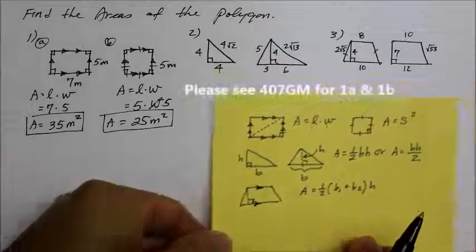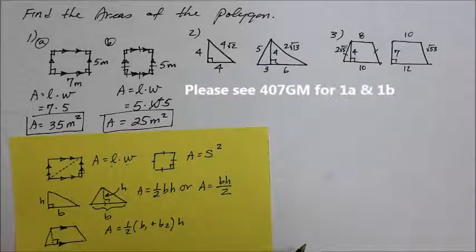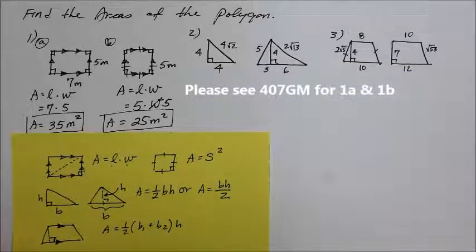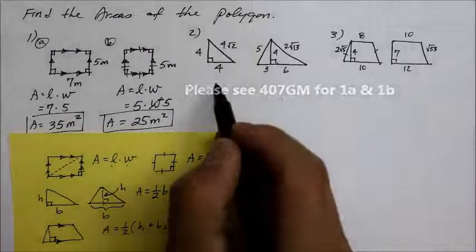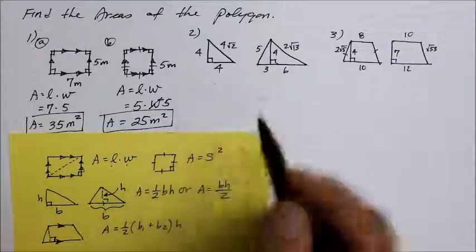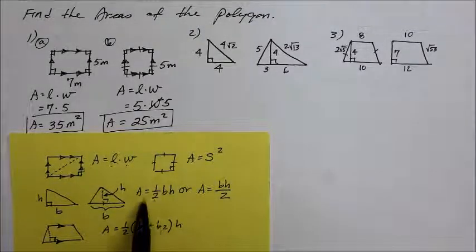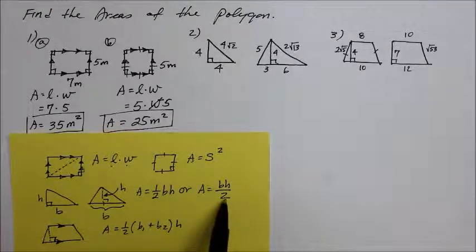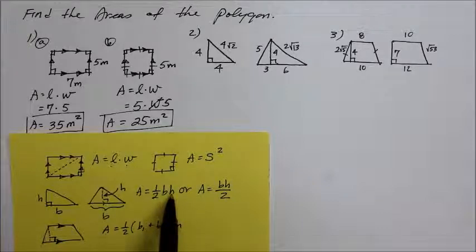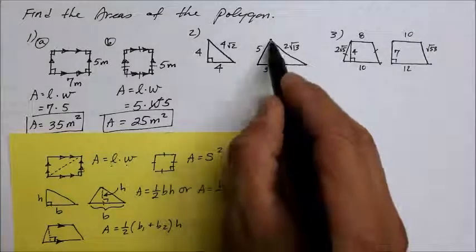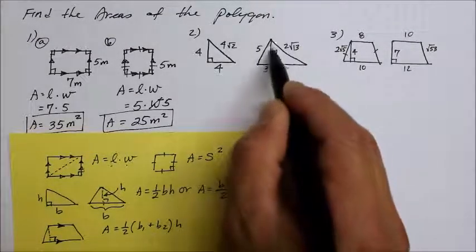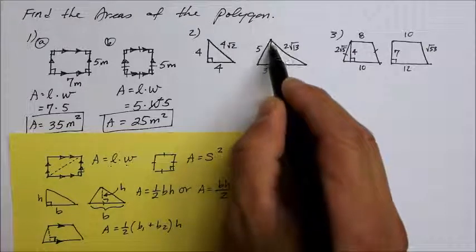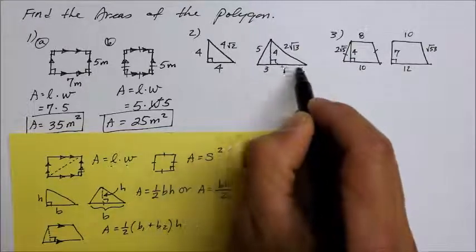Okay then, now let's go ahead and move this over here. And let's try the triangle. Remember, the formula for a triangle is area is equal to 1/2 times base times height, or base times height divided by 2. So where do you get the height? It has to be a line that is perpendicular, or 90 degrees, or right angle to the base of the